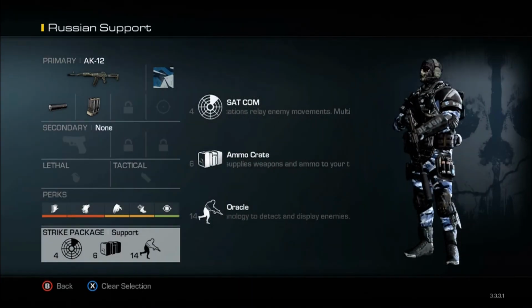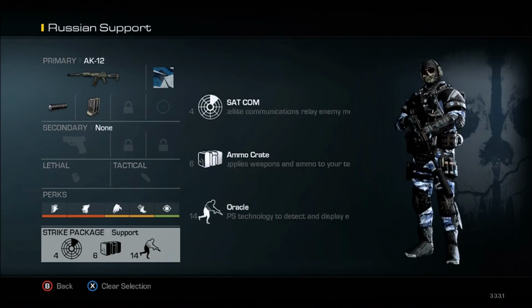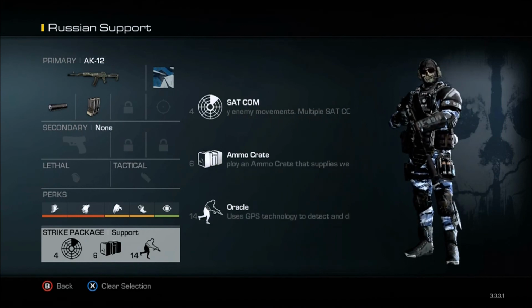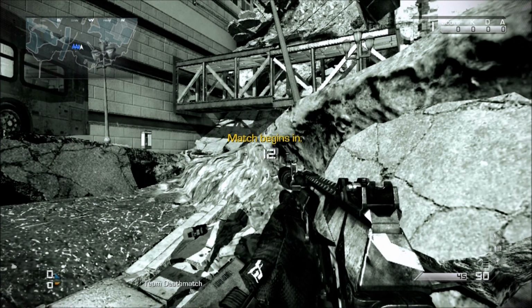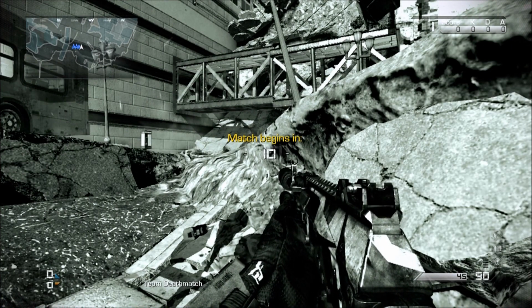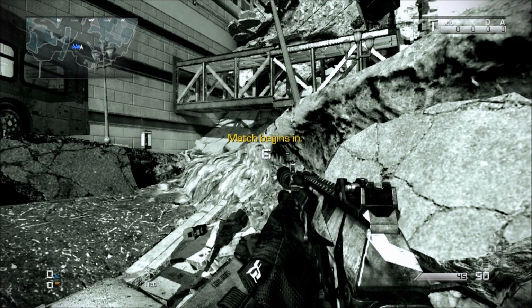And then for our strike package, we have got the Support Strike package with the SATCOM for reconnaissance, the Ammo Crate to help us have a good secondary, and the Oracle to help with further reconnaissance in this loadout. And now we're going to go right into the gameplay to see this loadout in action here on a team